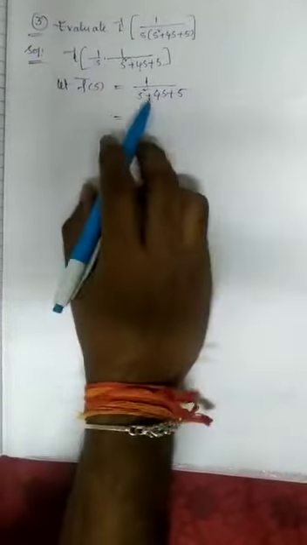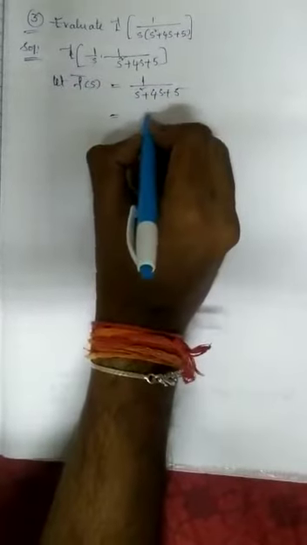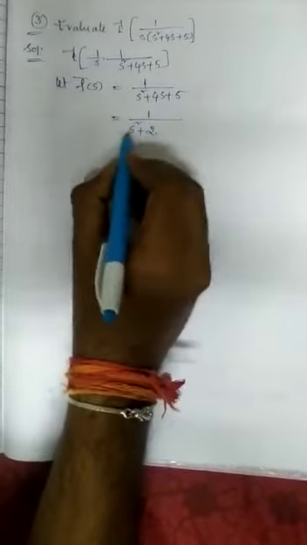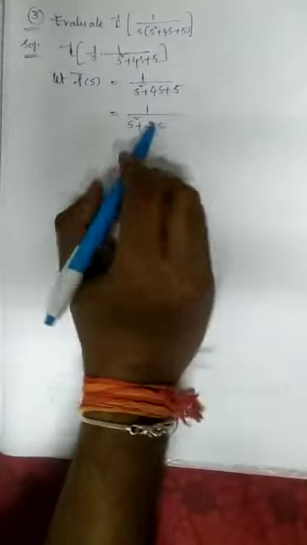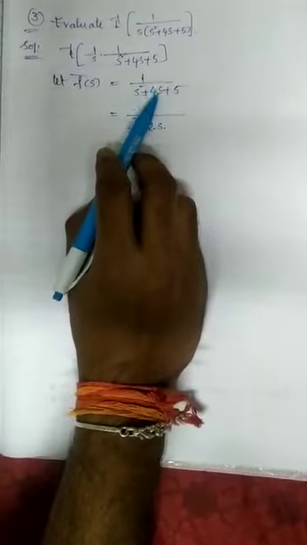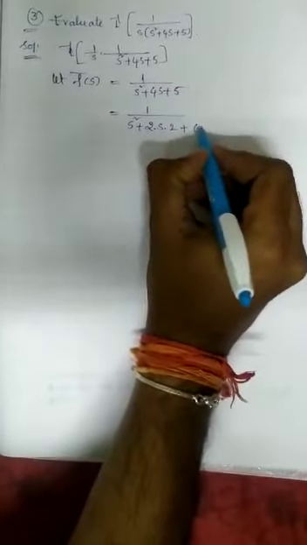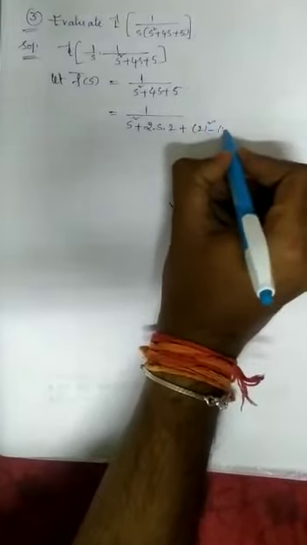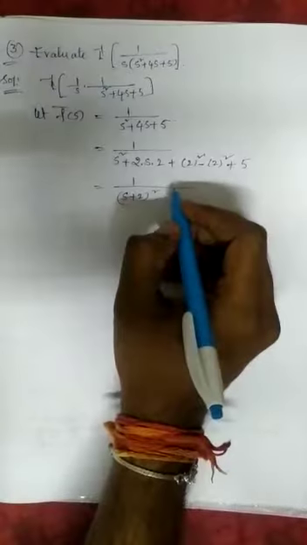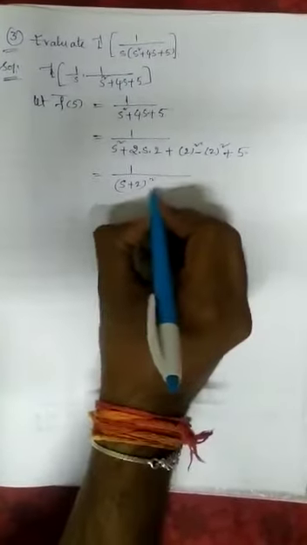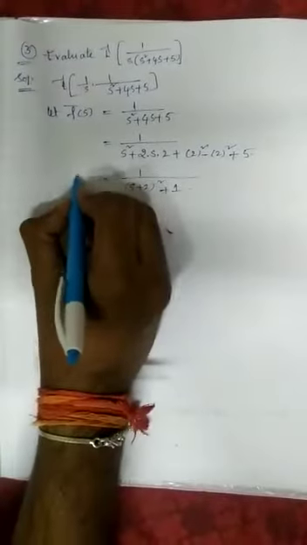So write this expression s square plus 4s plus 5 as a sum of squares. That is a square plus 2ab plus b square. Here we got 2s, but we have to get 4s, so we have to multiply with 2, so we will get 4s. Then b square, b is 2, so 2 square. Similarly subtract 2 square, plus 5. Then from the first 3 terms we can write it as a plus b whole square, so s plus 2 whole square. Then here minus 4 plus 5, so you will get plus 1. That is the f bar of s value.